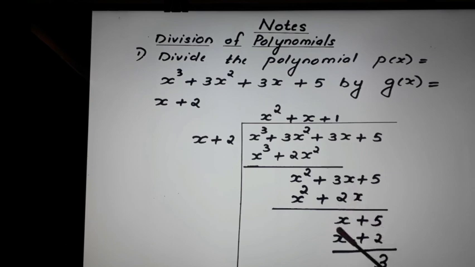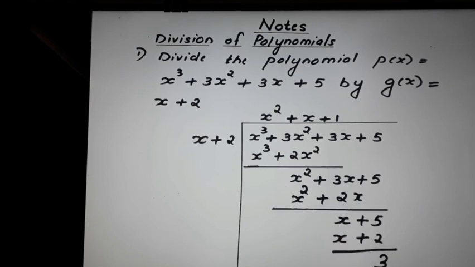Again we will follow the same steps. Take the first term x, divide by the first term, here it is x. x divided by x is 1, that is the next term of the quotient, positive 1. Multiply this positive 1 with all the terms of the divisor: 1 into x, x; 1 into 2, 2. Next step, subtraction: x minus x will be 0, and you get 5 minus 2 equal to 3. We stop the division because the degree of the remainder is less than the degree of the divisor. That is the first question.